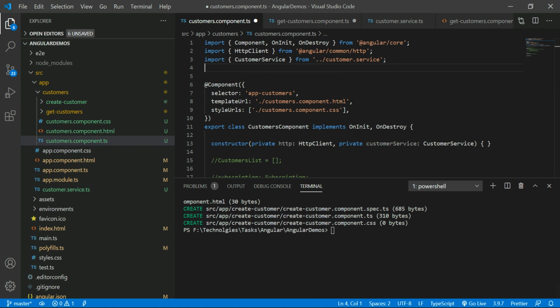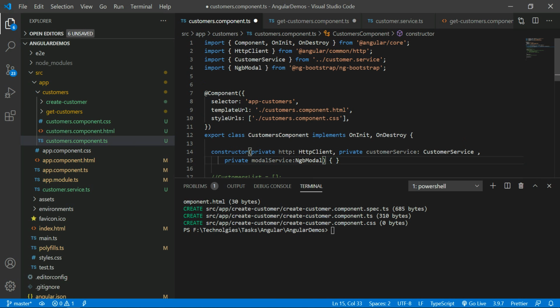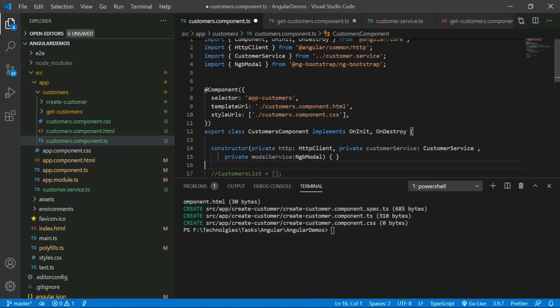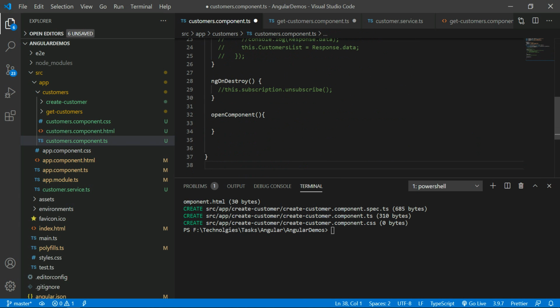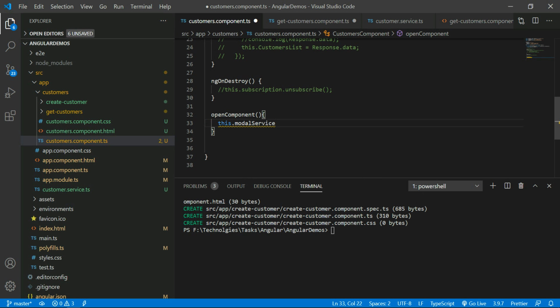So just import the modal service, nothing but the bootstrap modal. Now based on this modal service, I can open the modal pop-up. Using the modal service, open the component. Here the component is the modal pop-up's component: this.modalService.open.